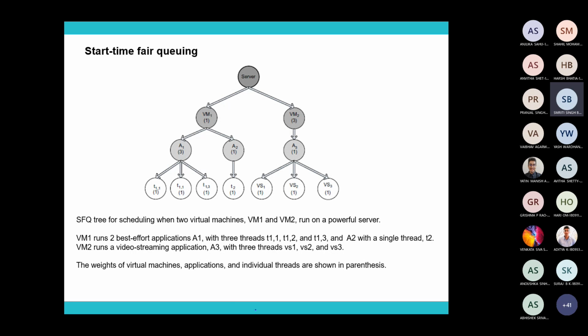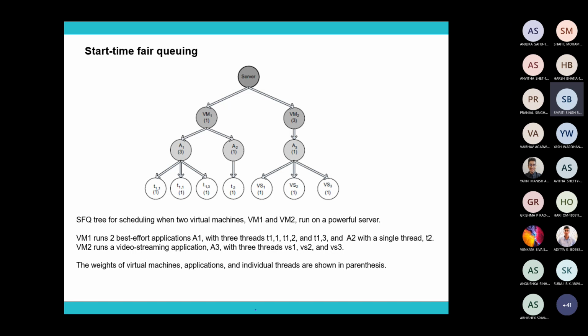Now look at virtual machine 1. Each virtual machine can run more than one application, right? Let's say the applications running are A1 and A2. Within that, the weightage is assigned. What is the weightage assigned? 3 and 1. That means A1 will be given weightage 3 and A2 is given weightage 1. Among that, once again, it will be distributed according to the weightage, which is the same as I discussed in the previous example.